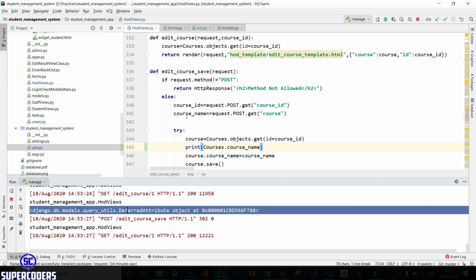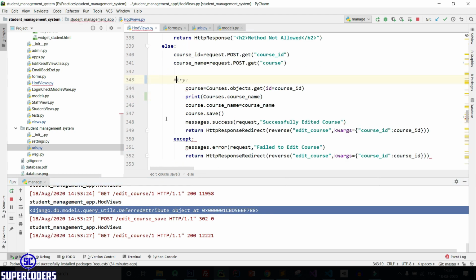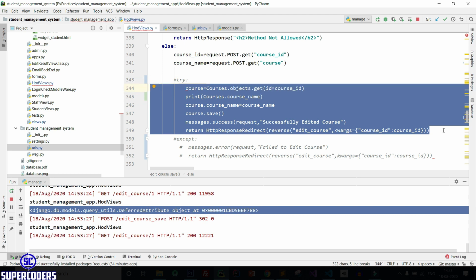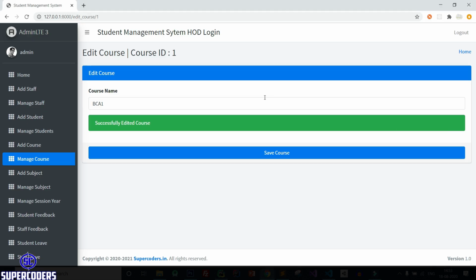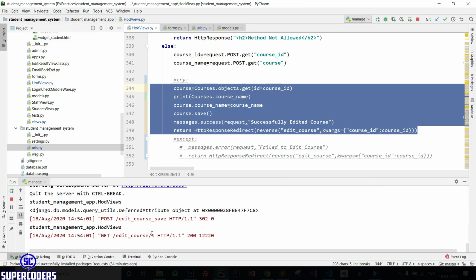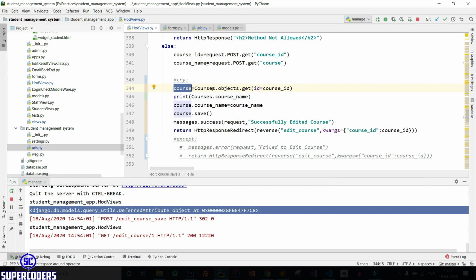So let's see one more thing. Remove this try and accept. Save it. Also change this position. Save it. Change this to BCA and it's saved. But if you come here, you can see deferred attribute object. So this comes when you directly accessing the field name from class instead of calling it from